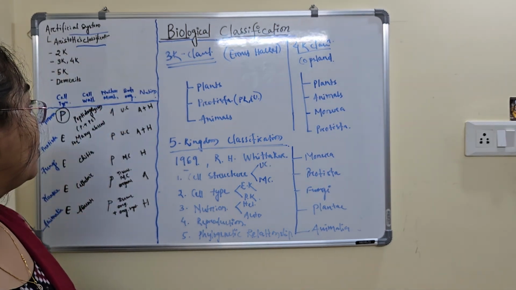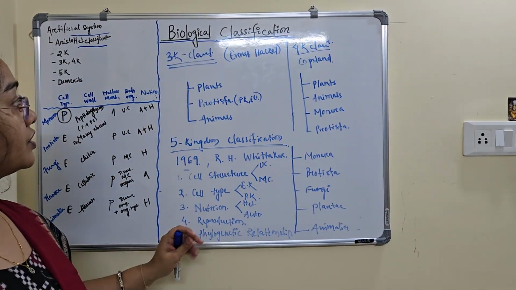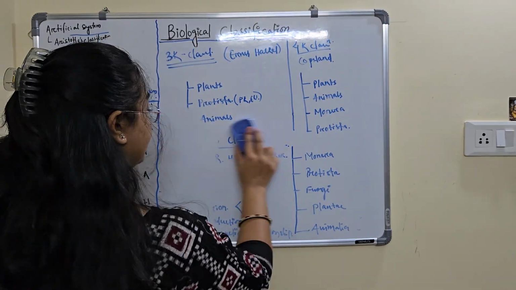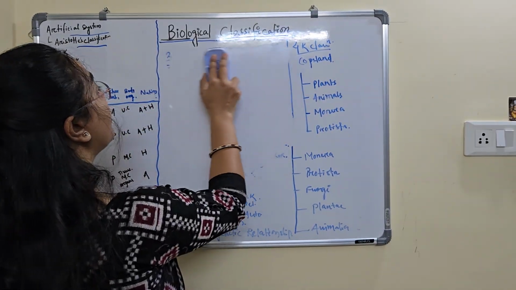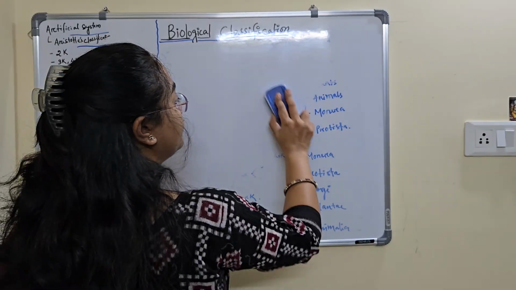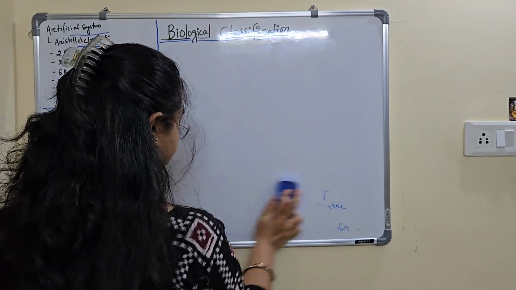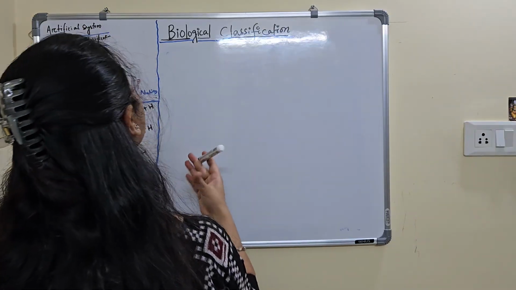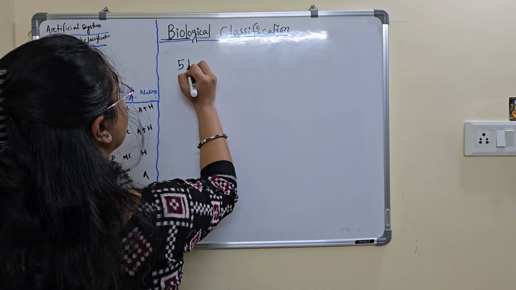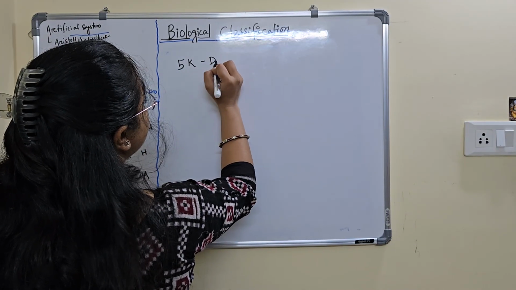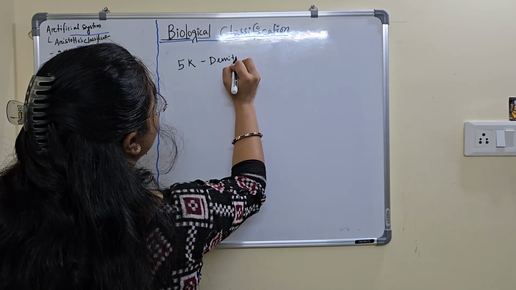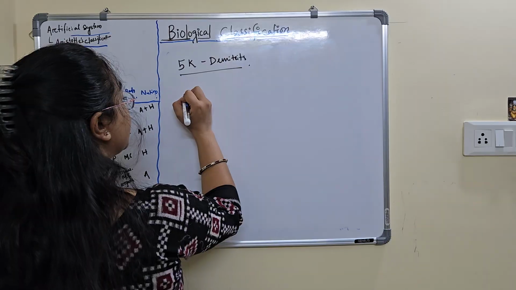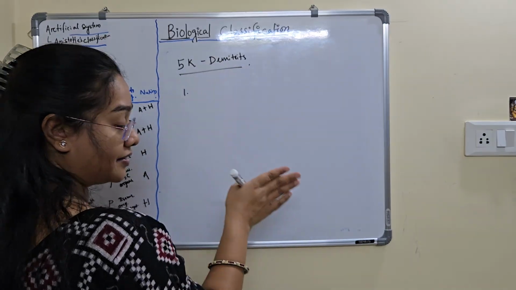Okay. So this is the 5 kingdom system of classification, and now we will talk in detail about the demerits of the 5 kingdom system of classification. Five kingdom demerits. Okay, so the first demerit of the 5 kingdom classification was